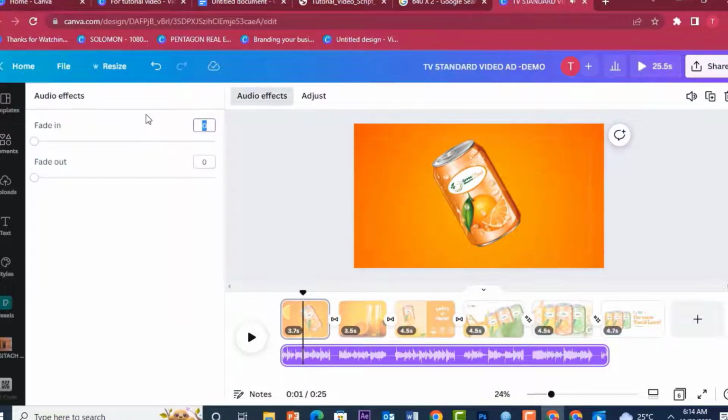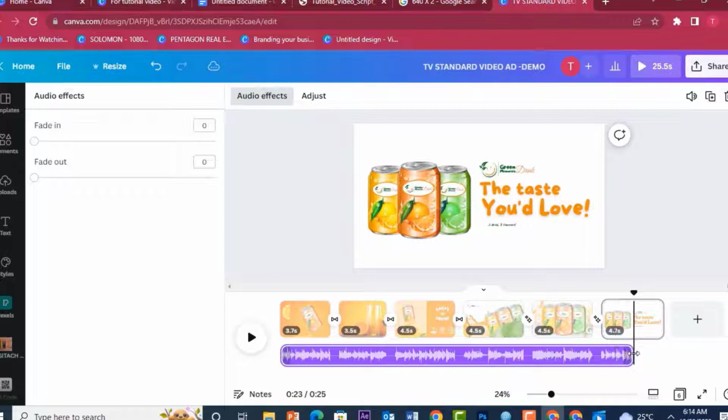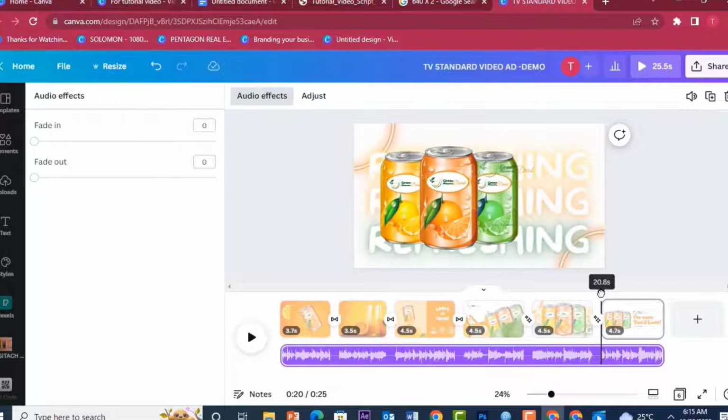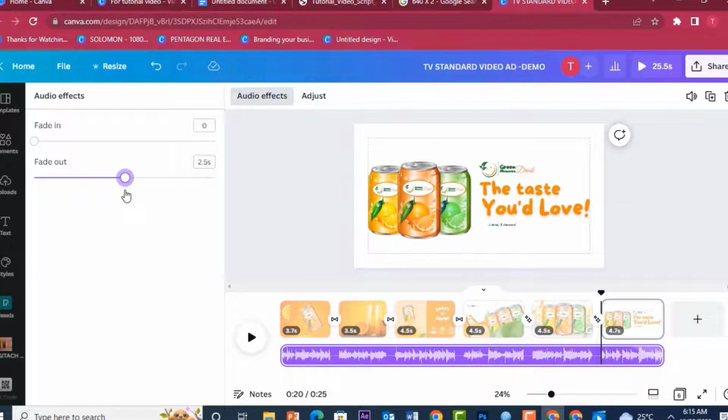Now click on this audio effects. I want it to fade in. Okay, I want it to actually fade out. Then from there, all right. Oh, I guess that's a peak. No, that's not a peak. So I want it to fade out from here. I want it to fade out on the last slide. If you look at it, you can see there's a horizontal bar showing that it is actually